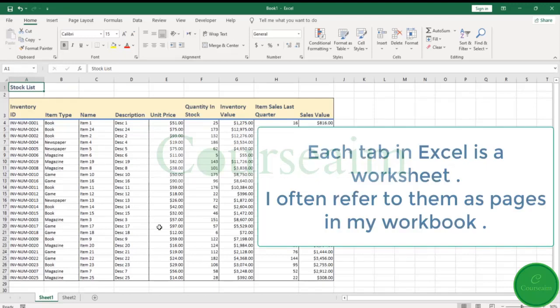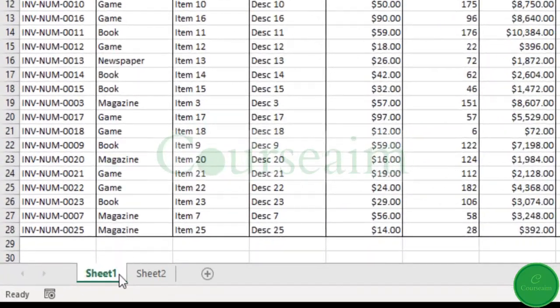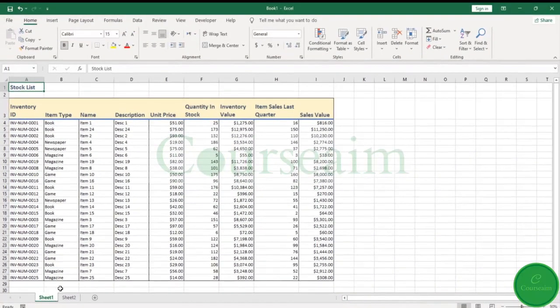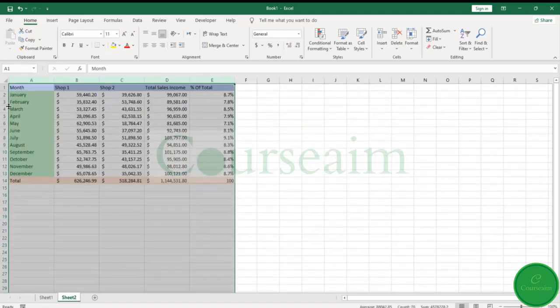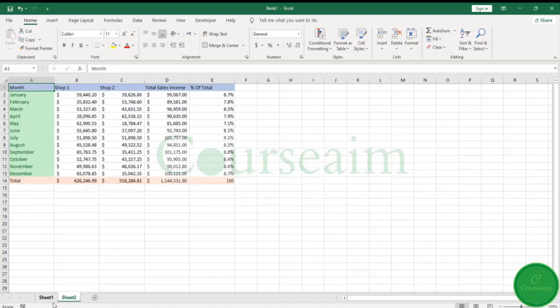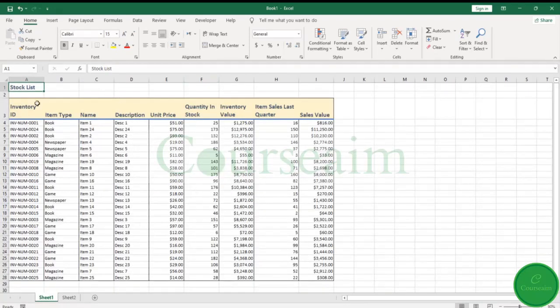In this video, we are going to take a look at our worksheet and how we can rename our different tabs, change the color of the tabs and protect worksheets. So in this spreadsheet example, we have a stock list in one page and an annual summary in the following page. However, at the moment they are just named Sheet 1 and Sheet 2 and we want to make that